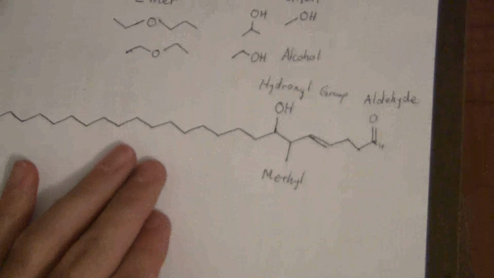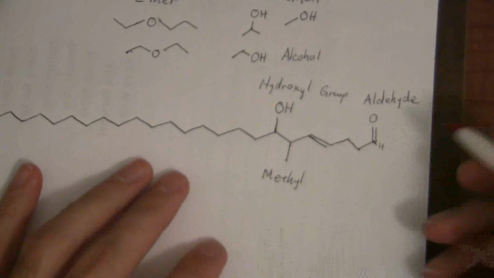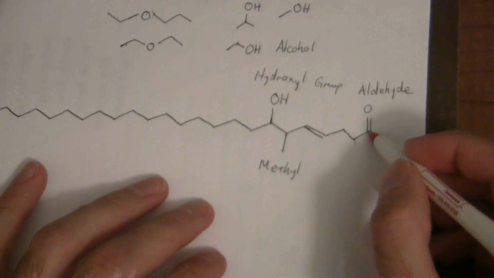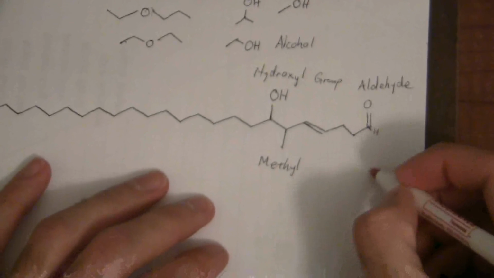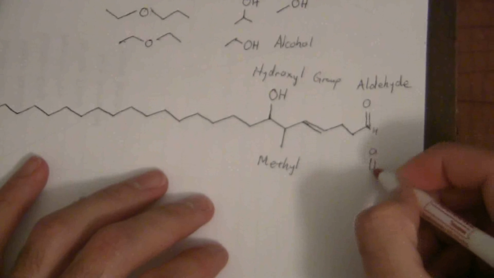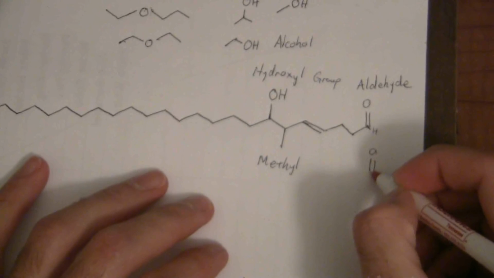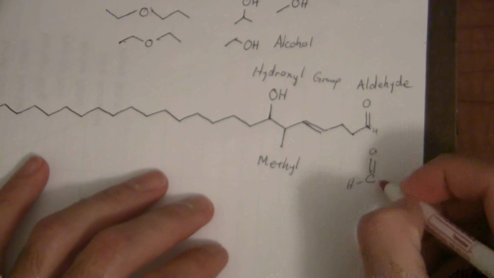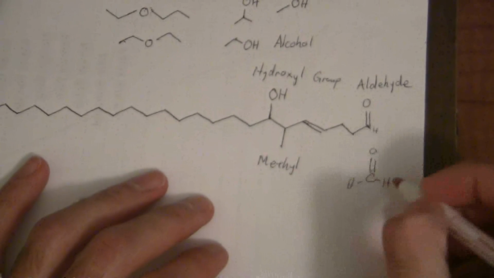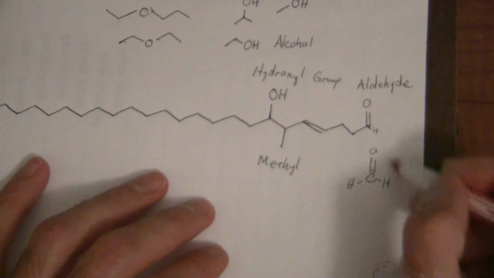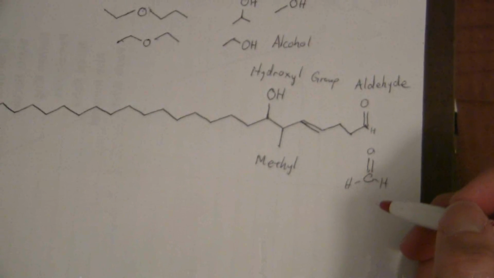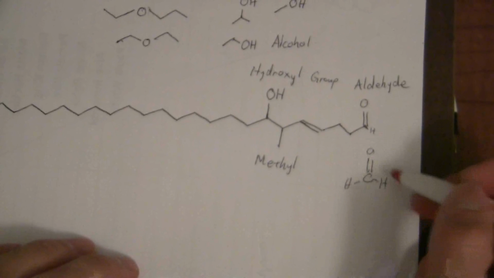The simplest aldehyde is, if you just have that one carbon, that would be kind of a double aldehyde, having a hydrogen on either side. This is formaldehyde, often used as a preservative for various things,